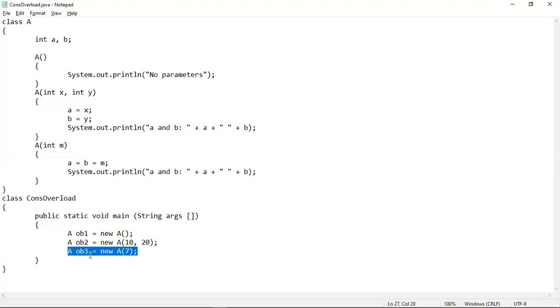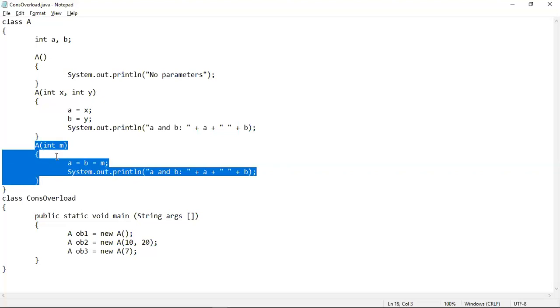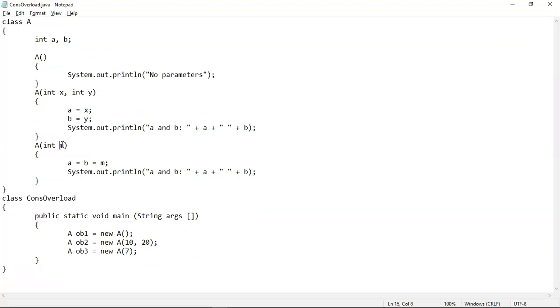In this statement, when the third object is created, this constructor is called. So the match will be found here in the third constructor, and the body of this constructor will be executed. So 7 will be passed into the parameter m, and then the value of the parameter m, which is 7, will be assigned into both the instance variables a and b. So whenever the next statement is executed, the two values printed for both the variables will be the same, 7 and 7.